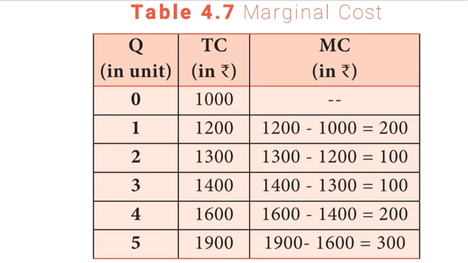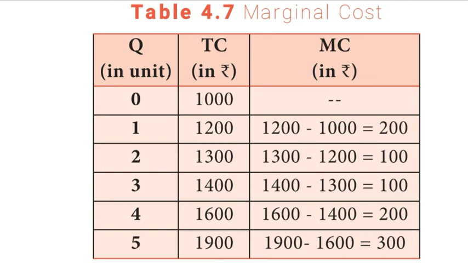Marginal cost is defined as the addition made to the total cost by the production of one additional unit of output. It is the cost of the last single unit produced. It is defined as the change in total cost resulting from producing one extra unit of output. In other words, it is the addition made to the total cost by producing one extra unit of output. Marginal cost is important for deciding whether any additional output can be produced or not.